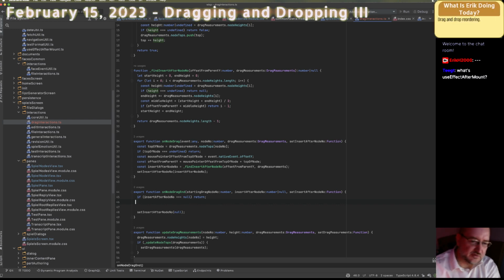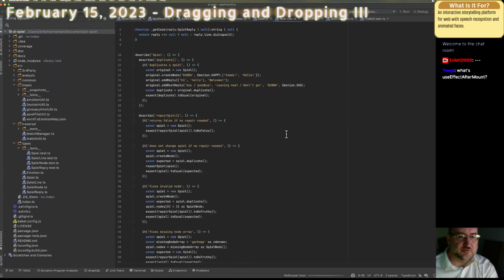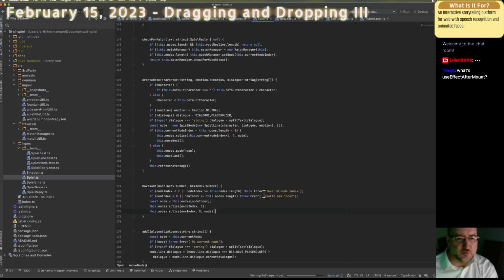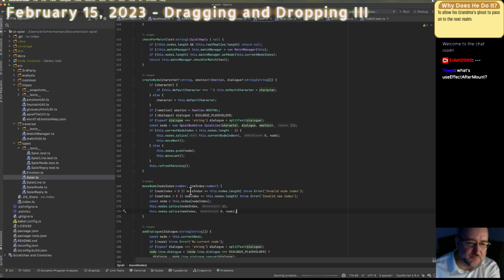Translate that into what? Hold on. Go back over to my other project that is a library of this one. And there's a function I added for moving a node. So I say this is the from index. This will be the start of the drag. And the new index